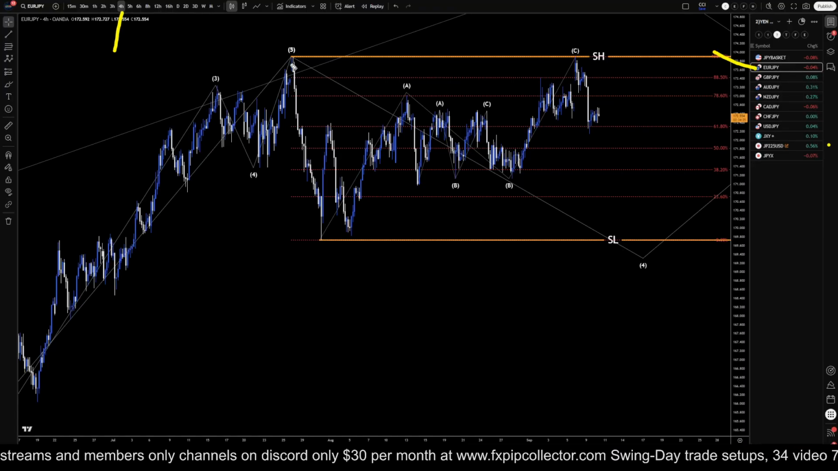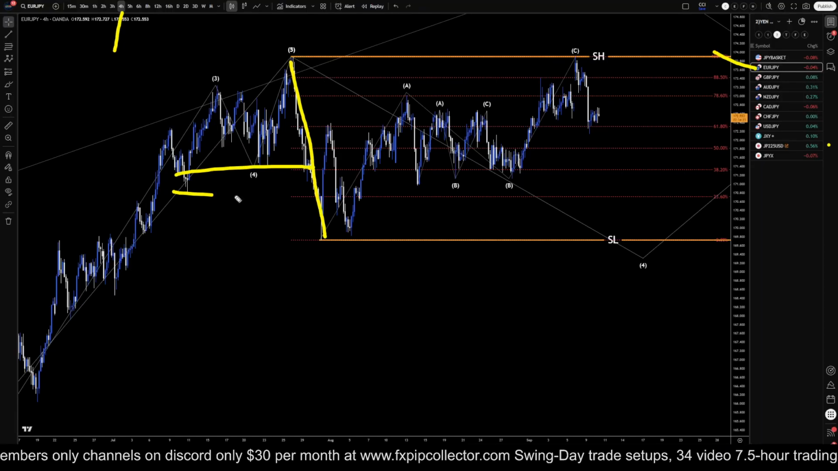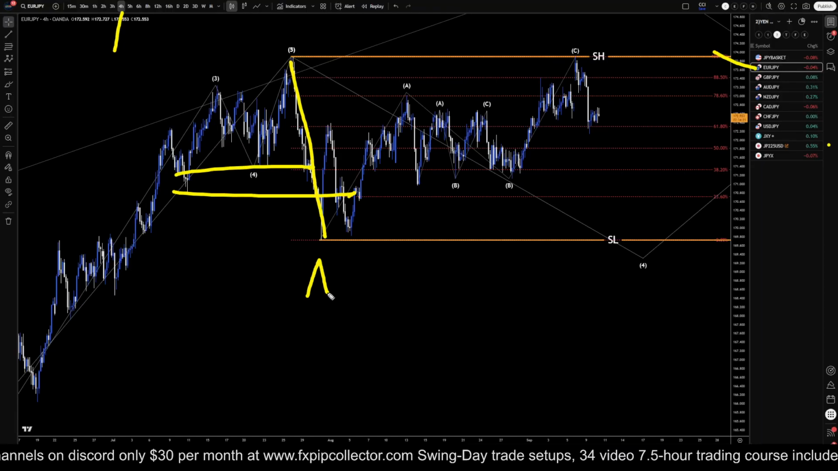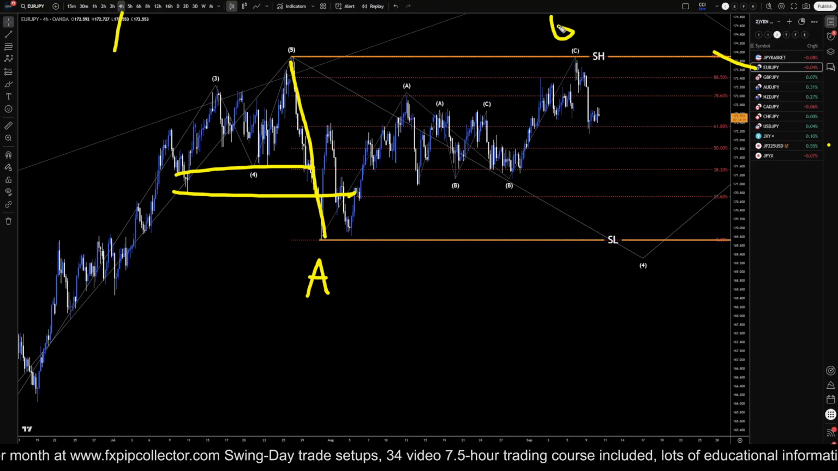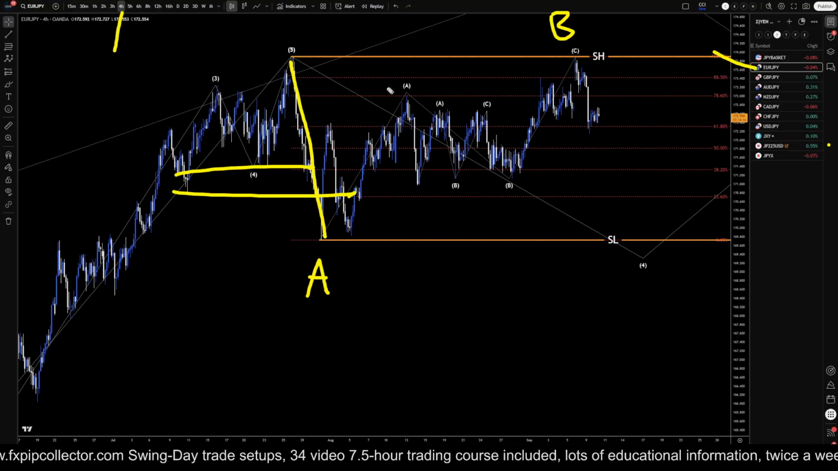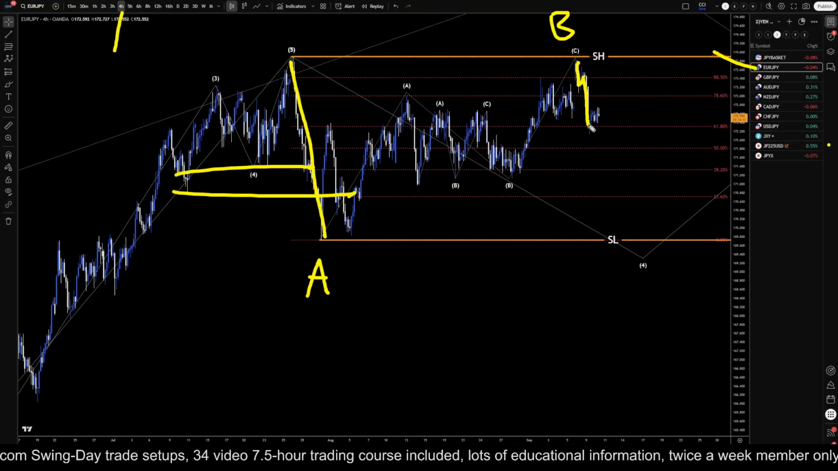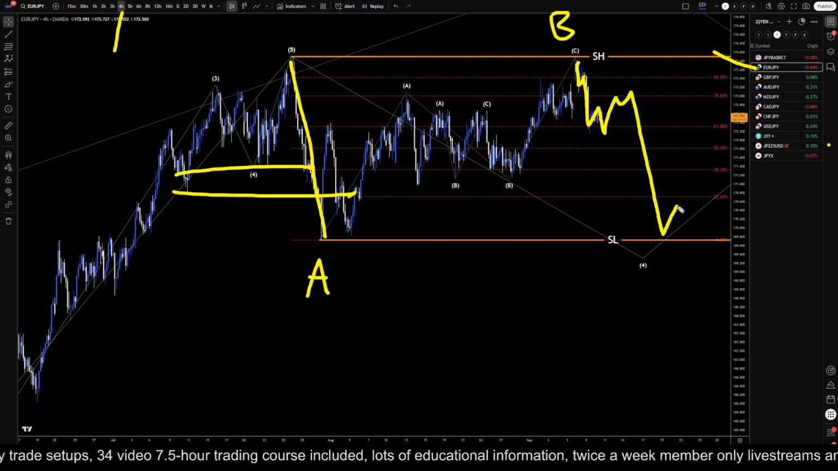So on the 4-hour time frame, because of this impulsive down breaker structure we have over here, I am looking at this as an A or maybe a 1. I think it's an A. This move up, I think, is a B or maybe a 2. I think it's a wave B, and I still think this is more likely going to be a downtrend for